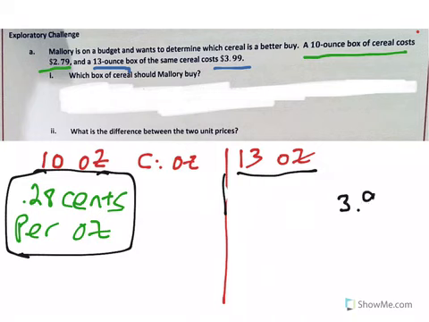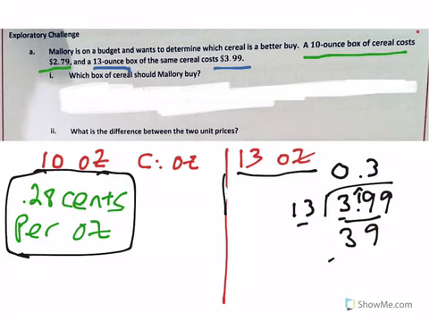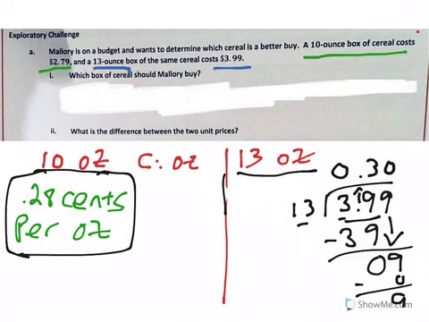Okay, so we have $3.99 divided by 13. 13 does not go into 3, but it does go into 39. So we can bump up that decimal. We know it goes into 3 0 times. 13 does go into 39 3 times. 3 times 13 is 39. We subtract, we get 0. We bring down our 9. 13 does not go into 9, so we do 0 times 13 is 0. Subtract, we get 9. We can bring down another 0 because we're on the right of the decimal. 13 goes into 90 6 times, which would give us 78. And we could keep going,